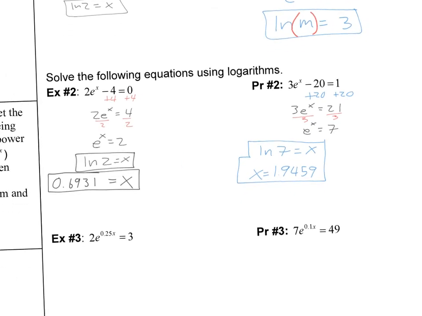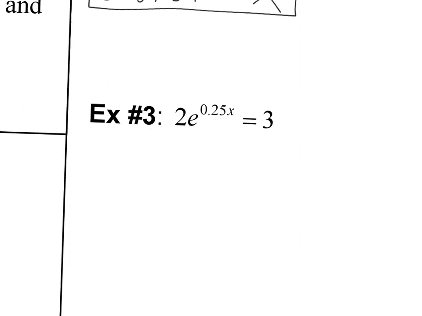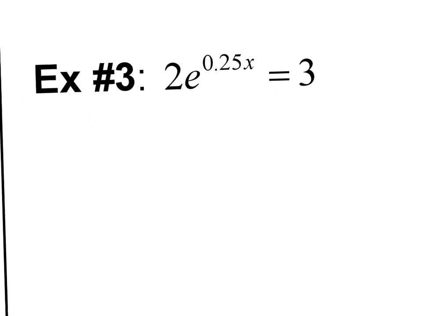All right, let's do some ones that are a little bit more fun. So same idea, we need to get this part all by itself. Even though there's some more going on here in the variable, that's okay. Our natural log will take care of that for us. So first things first, divide both sides by 2. Now we have e to the